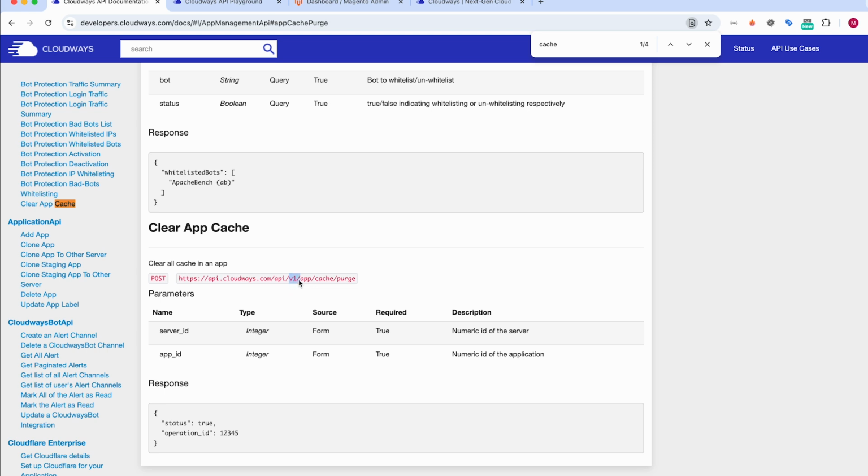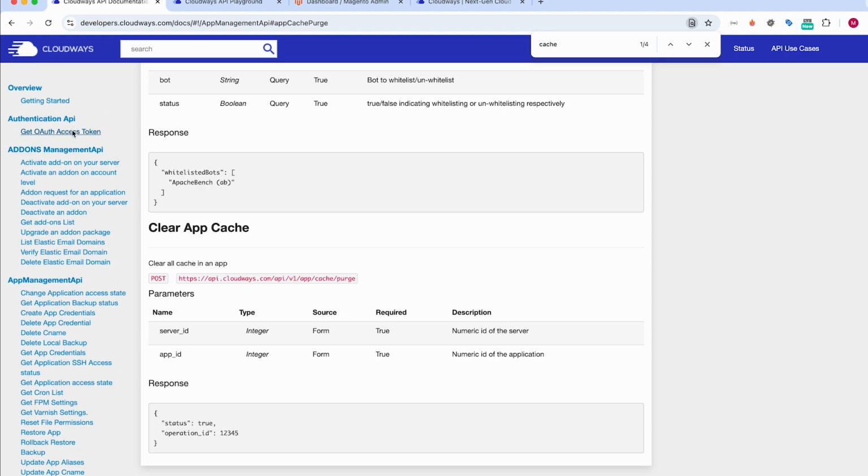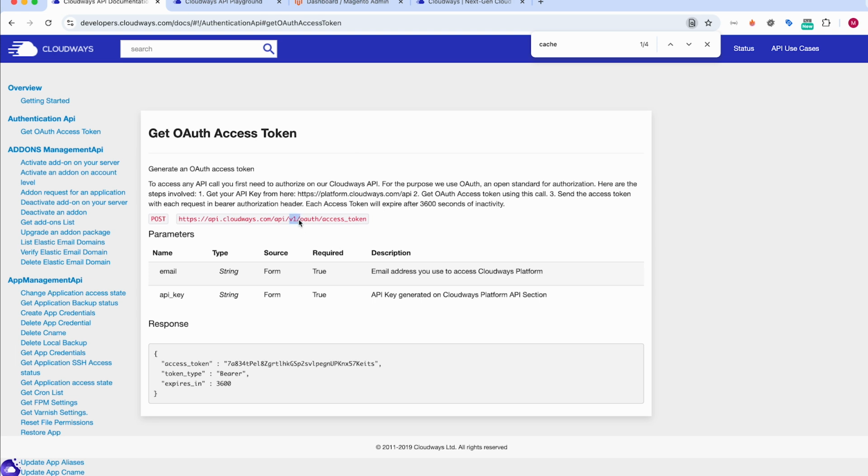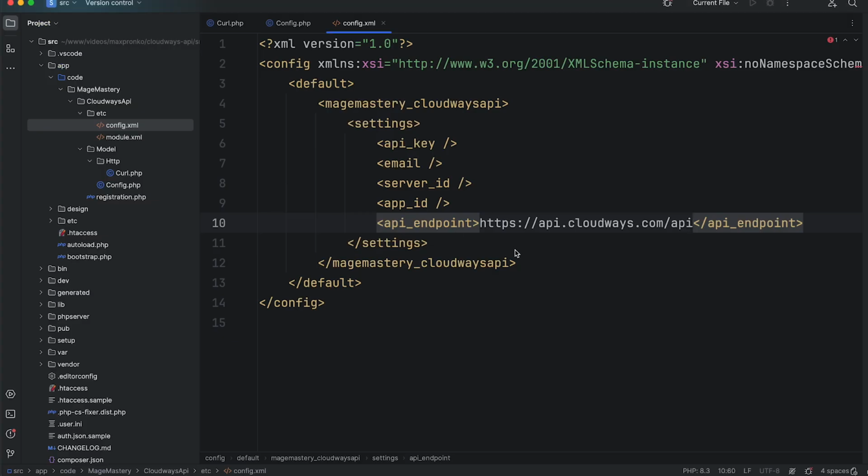Also, there is a version of this API request URL. It's v1, same as here, v1. And technically what we can do, we can just write v1 here. I think I will go ahead with this part, but preferably it's better to have